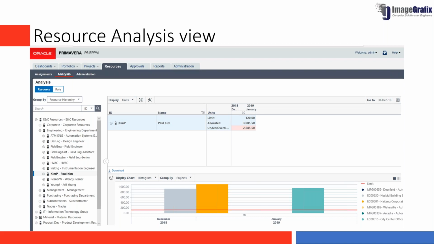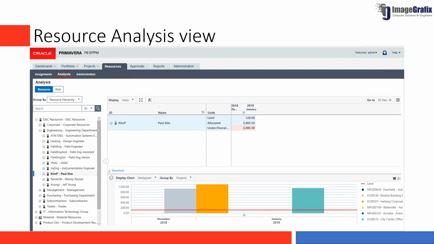We have an option for analyzing the resource utilization at a project level, and this screen is specifically for the enterprise view. What I mean by enterprise view is you can analyze the resource utilization across the enterprise, not just for one project, but for multiple projects.